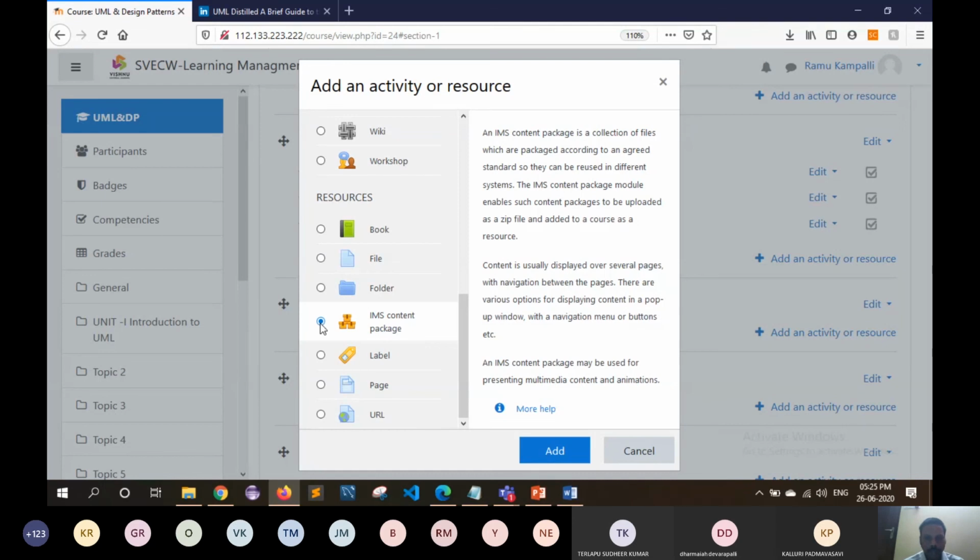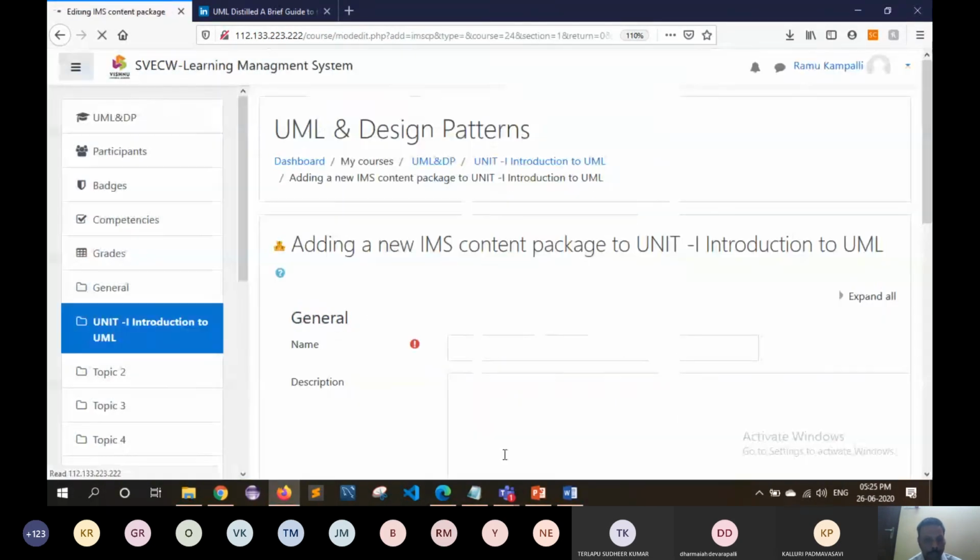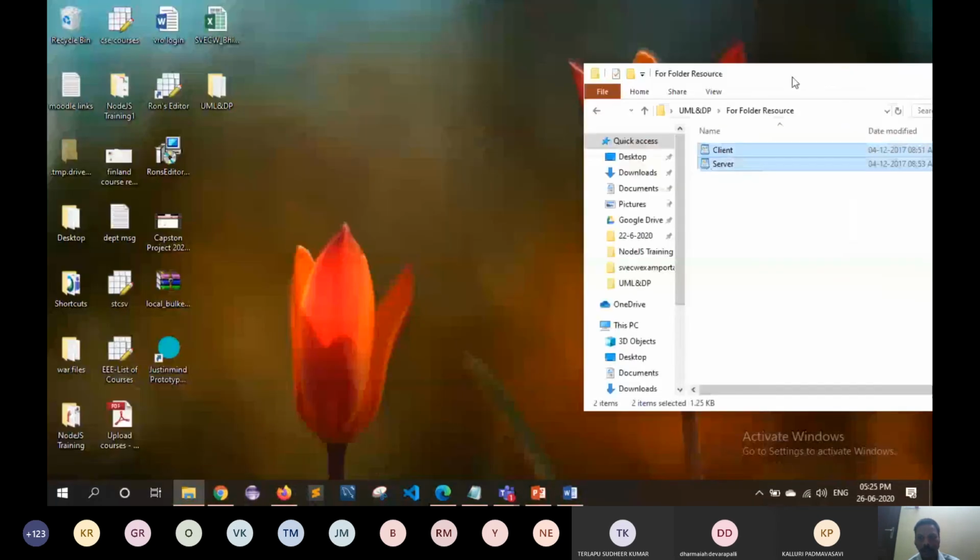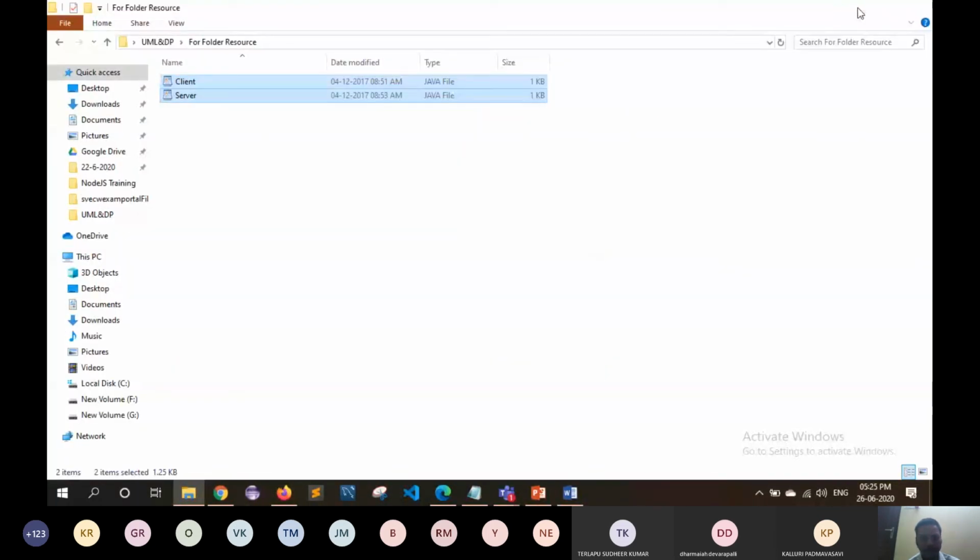The IMS content package is generally a kind of e-learning resource file which contains the total number of topics organized in an e-learning file itself. So we can prepare an e-content file using the IMS content package here. We'll have the website there, and we can create an IMS package file here.